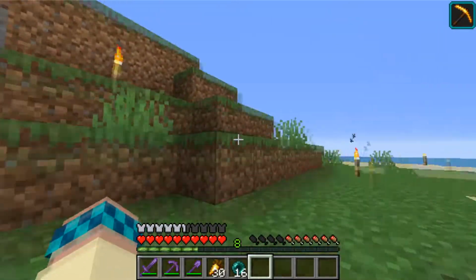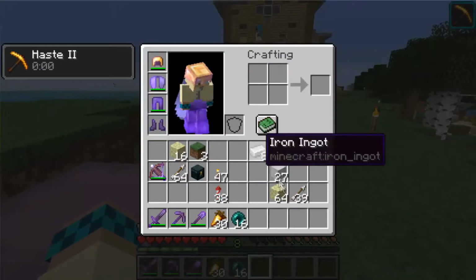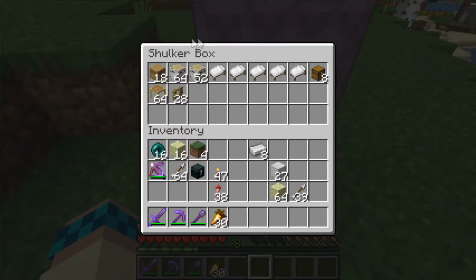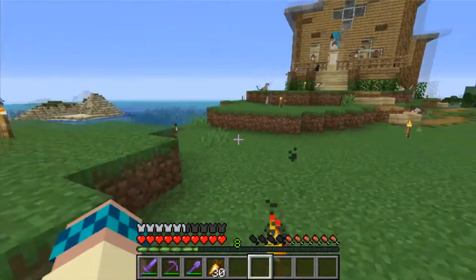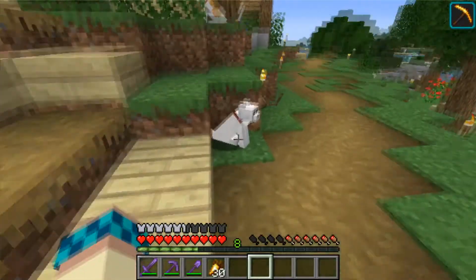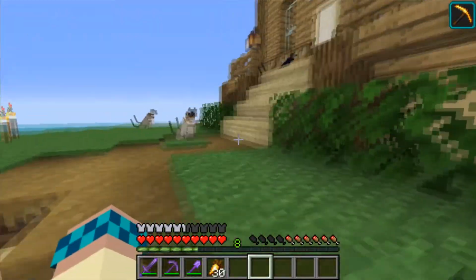Alright, and the final thing that was the main plan for the second half of this episode was to use this shulker box. And what's in this shulker box? A bunch of beds, birch logs, beehives, scaffolding, oak fence, and chests are also in there. And what does that build? That builds a cat enclosure for Eleanor, Bosco, Grant,